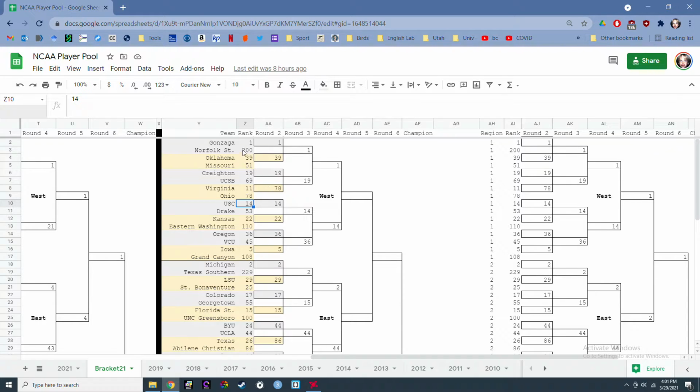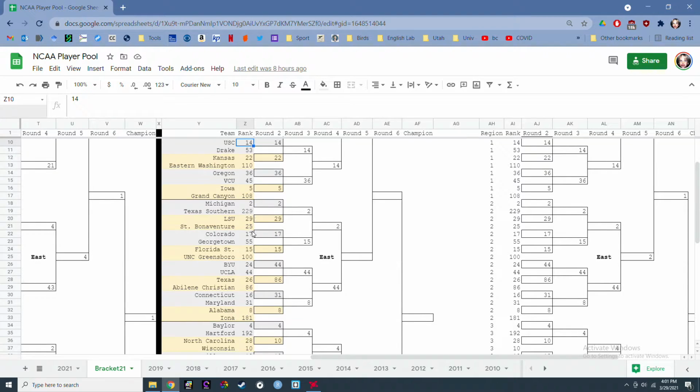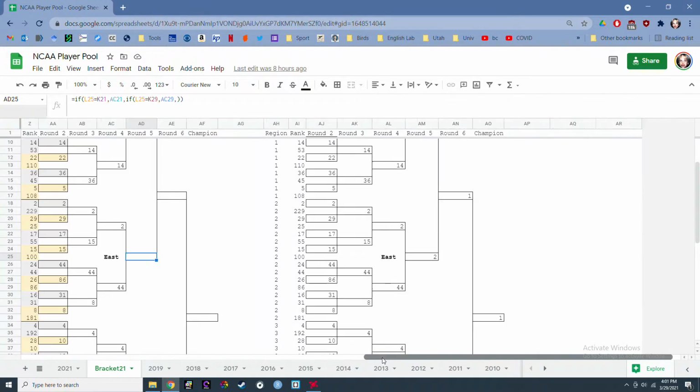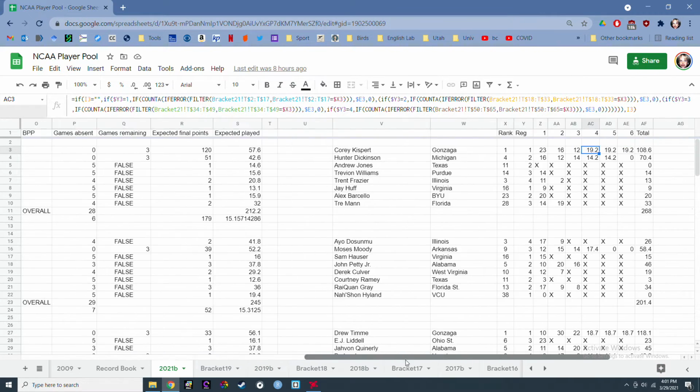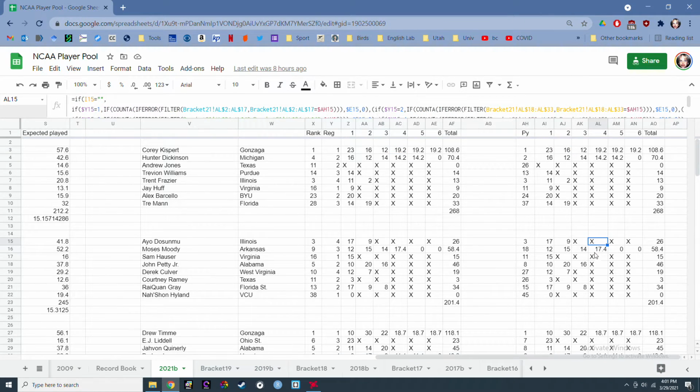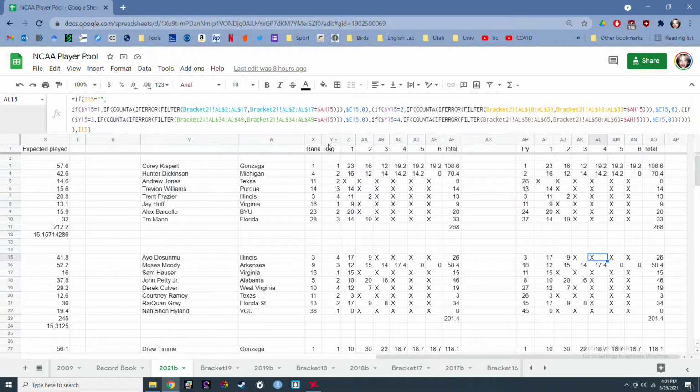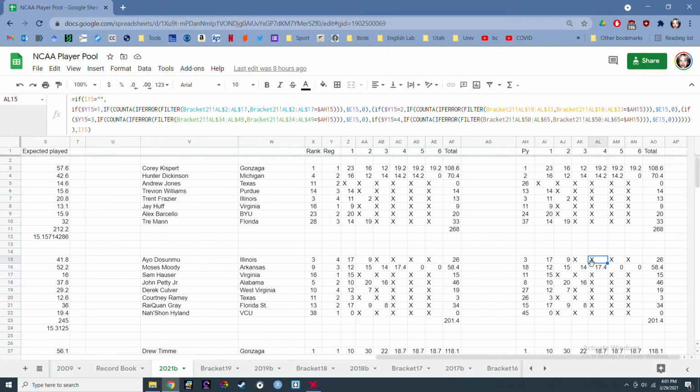So basically, we've got this Pythagorean bracket that works the exact same way. As soon as I fill in a result, it will move up the result, and then when it doesn't have a result yet, it checks the rankings between the 2 competing teams and fills that in over here. And then we go back to our little third sheet here, and this bracket again uses that crazy spreadsheet logic formula that I had to come up with to go and check that sheet to see whether or not they're going to play.